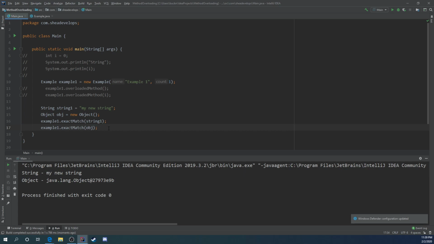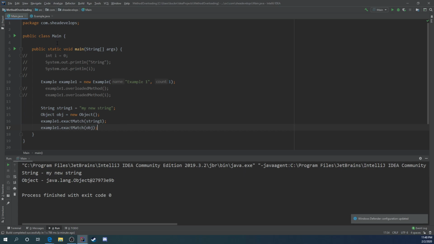Also, keep in mind, if you're coming from different programming languages, like JavaScript, you may be familiar with compilation errors, but with Java, this works. We were talking earlier about the fact that the Object class is a superclass of the String class, and Object is actually the superclass of a lot of things. There are other issues you may see as well. When you pass it an integer or an int, that's not going to be an issue, but because Integer is the actual class over the primitive data type int, if you were to create one that took an Integer and one that took an int, you've got to make sure that